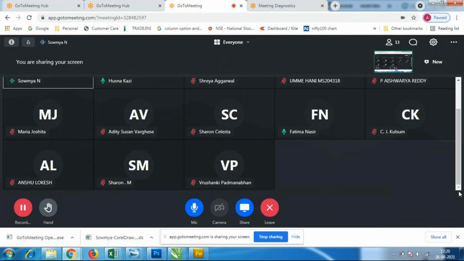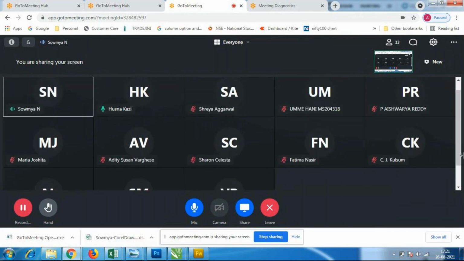Anusha, Lokesh, do you have any doubt? No, ma'am. Ume, Honey, do you have any doubt? Is this your first class? Yes, ma'am. Aishwarya, see,